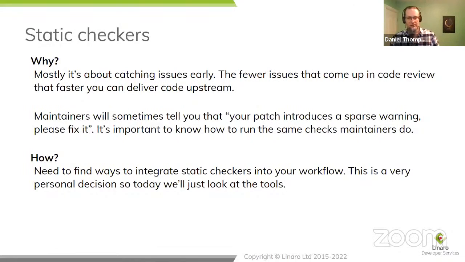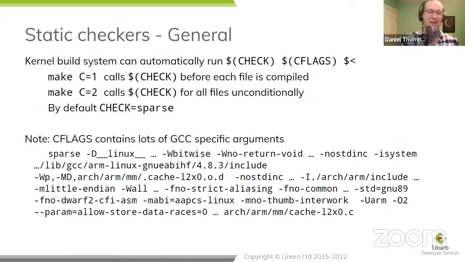Why do you need to know about static checkers? One, it might make you make fewer mistakes. And if you make fewer mistakes, then your code will get accepted faster by upstream. The other is direct and pragmatic. Some maintainers will tell you, your patch introduces a sparse warning, fix that. And if you're unlucky, they won't tell you what the sparse warning was. If they don't, that's because they expect you to run sparse to figure out what's going on. So it's definitely worth knowing how to run the static checkers, simply so that if a maintainer says you've messed something up, you are able to keep up with them.